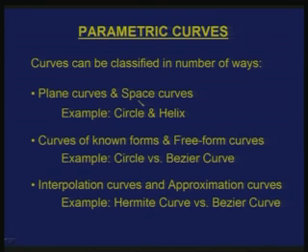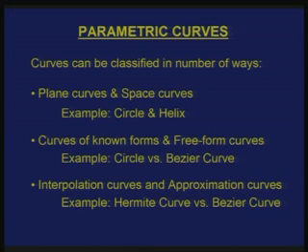So, the definition is: if all the points of a curve can be made to lie in a single plane, then you call it a plane curve. Otherwise, if it is not possible to make all the points on a curve or a curve segment lie in a single plane, then you call it a space curve. For example, a circle or a circular arc is an example of a planar curve, whereas a helix is a classic example of a space curve which we are aware of.